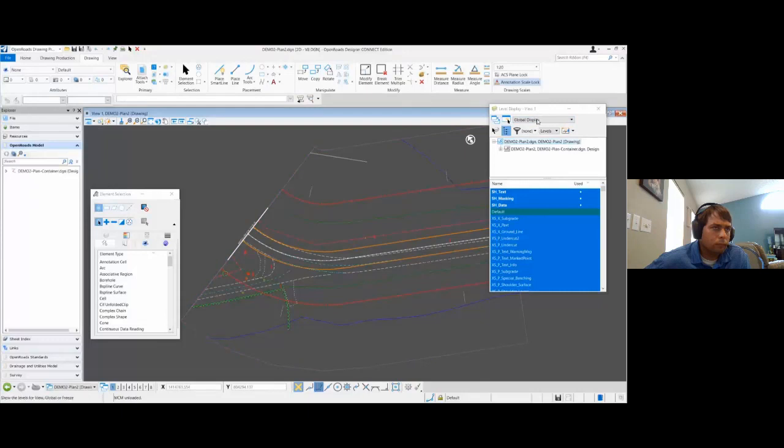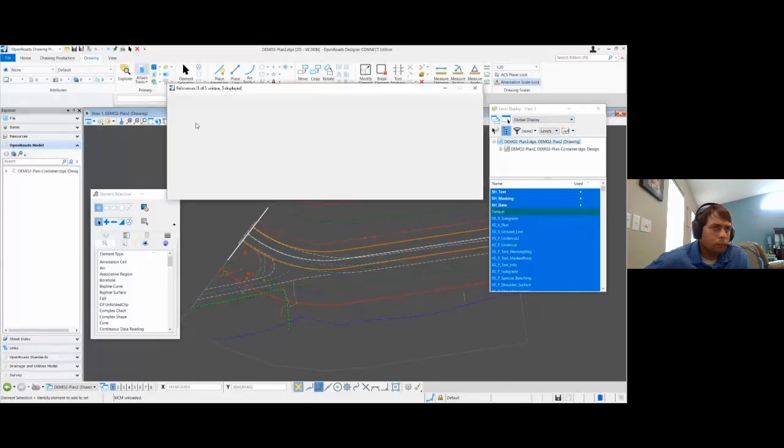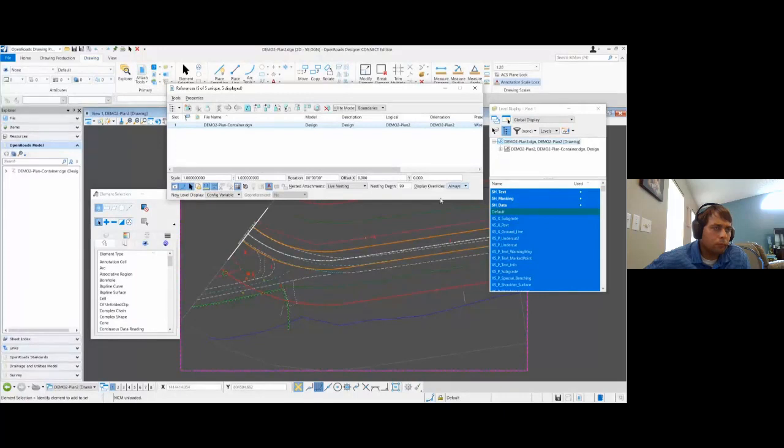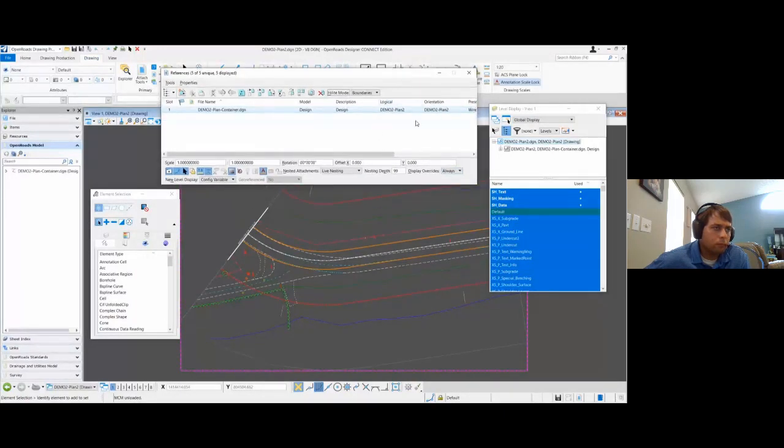But don't forget about the nested override or display overrides. That only affects the nested references, but it pretty much was doing what we needed to do, and you can easily turn it off if you need to do something. But turning this on to never is going to work with the view display.